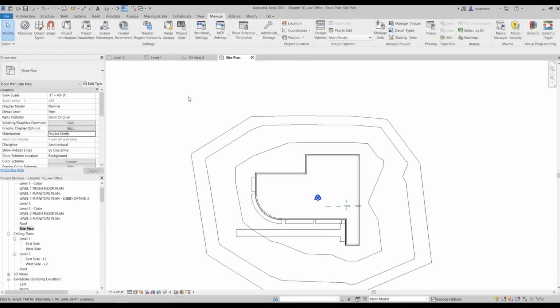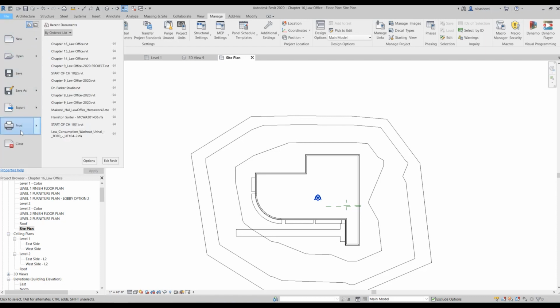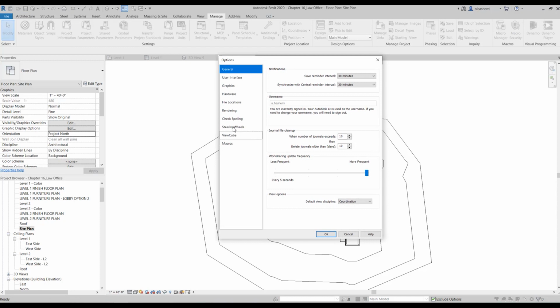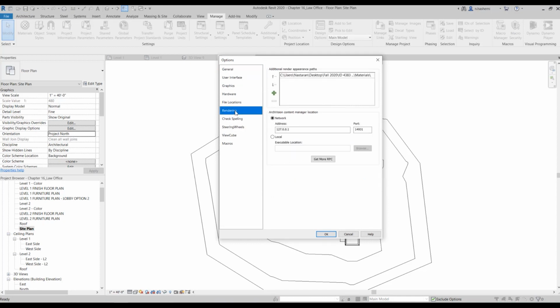For that, you need to come here, go to File, and then from here select Options. Come here and click on Rendering. Then we need to add a path to that folder here.